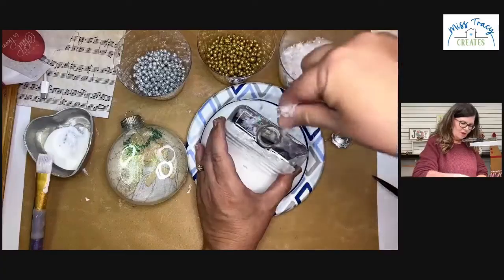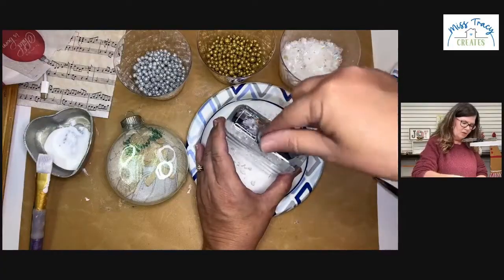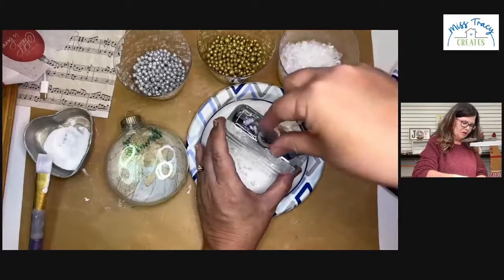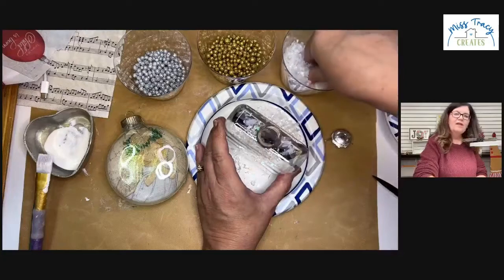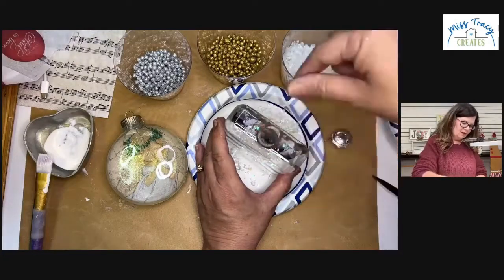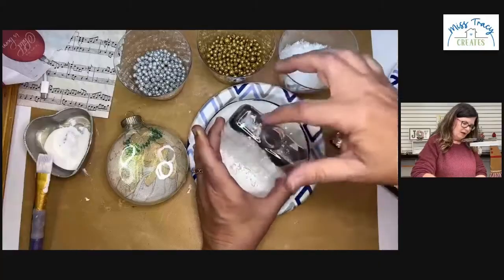So I'm just going to sprinkle the snow in. I really just want this in the bottom of the ornament. I don't want to cover up too much. I don't want to cover up my manger scene, right? And definitely you're going to need a plate underneath you, unless you had like a funnel, maybe. If you had a funnel, but I kind of like just